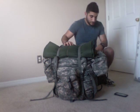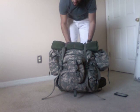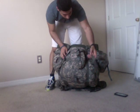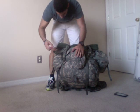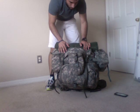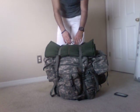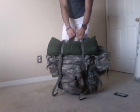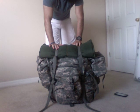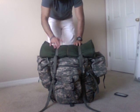Alright, and there you have it. Your rucksack is packed. All you need to do now is once again go over everything. See all these loose strings and straps you got going on over here? You want to make sure those either get weaved through the weaves or you tape them down. But this rucksack is pretty much right at 40 pounds. A full camelback is definitely going to help you add some weight to it, and the